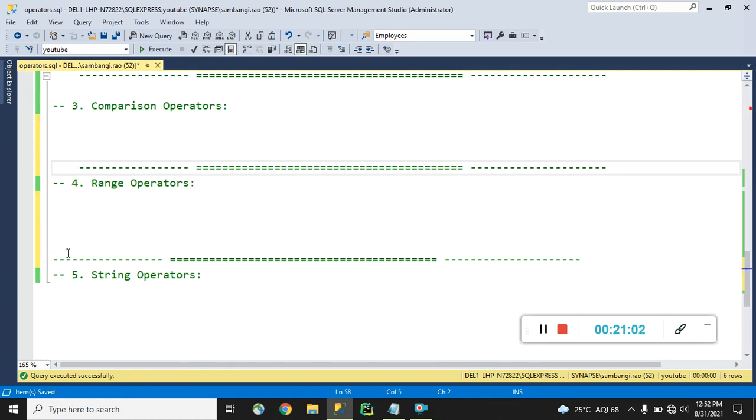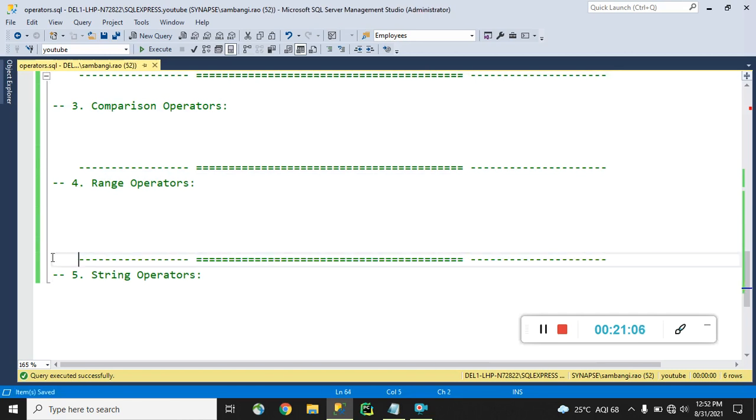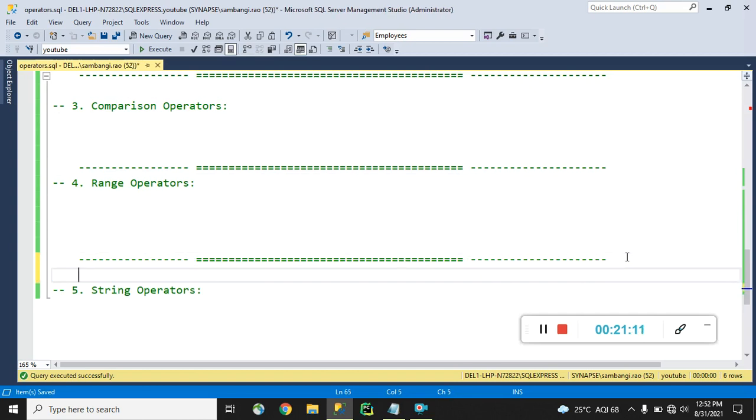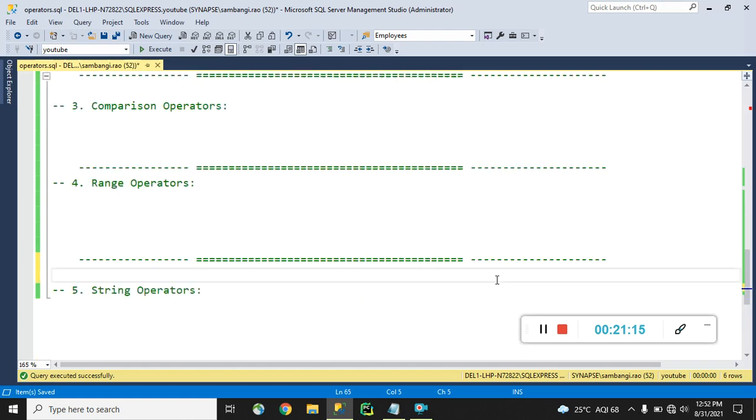We can discuss comparison, range, string, and all other operators in this session only.